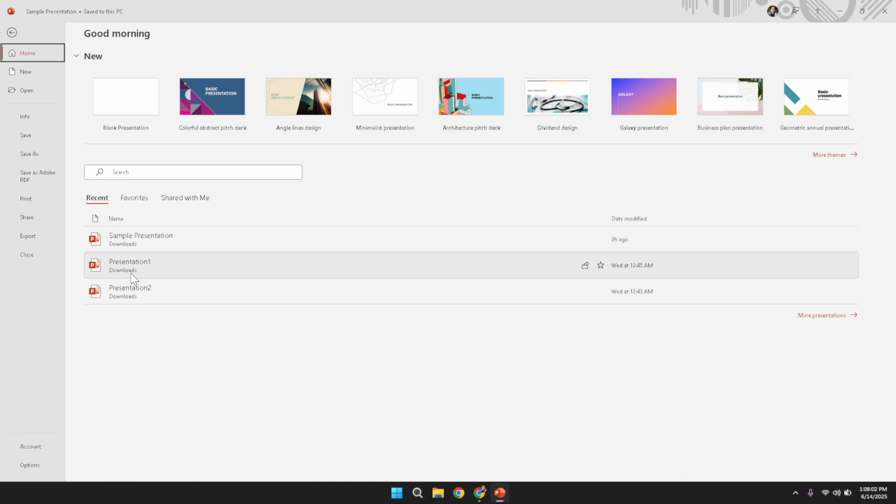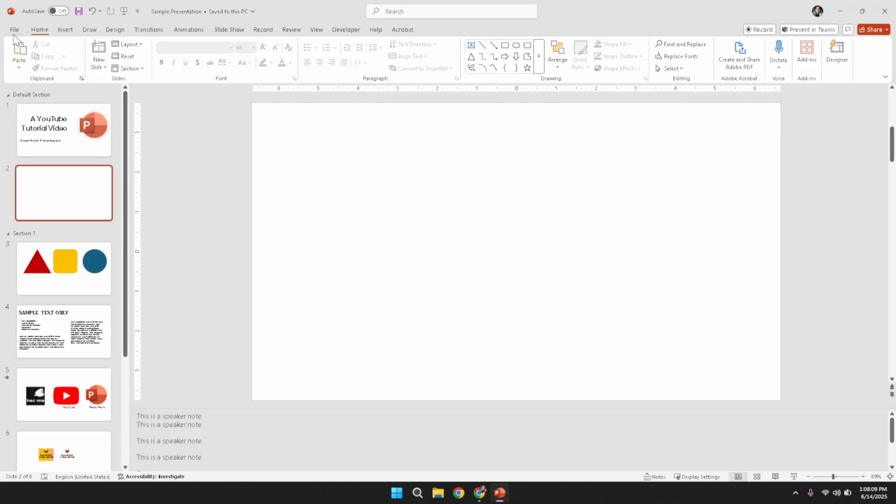This might be a file stored on your computer or one located on your network drive. Ensure that your presentation is loaded correctly so that all the photos appear on your slides. Once your presentation is open and visible, the next step is to select the images that you want to include